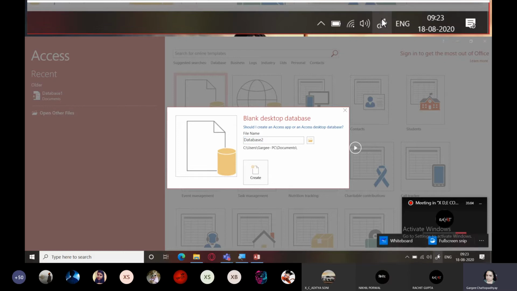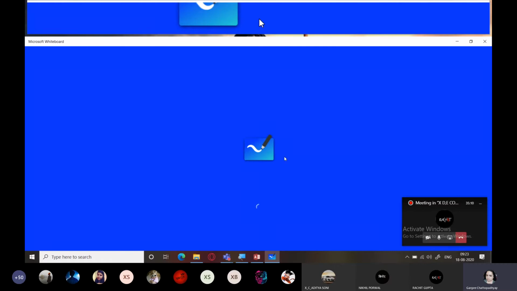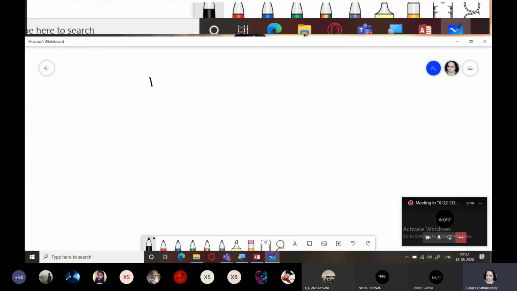Now you need to understand the difference. Let me explain this to you first. A database is a collection of tables. A database can contain multiple tables, and in MS Access it is saved as a file with extension .accdb, that is Access Database.